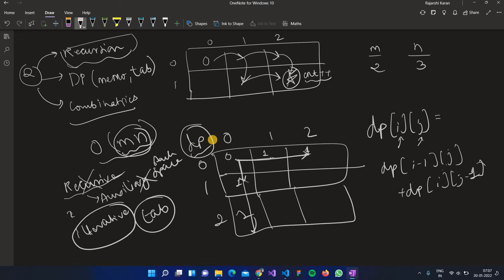The very basic intuition you get from here is that for every cell there is one specific coordinate i and j, right? For every specific cell, you are making the sum of dp of i minus 1 j and dp of i j minus 1. What does that mean? This i minus 1 j is basically this value over here. So through this part, you can reach here in one specific way,